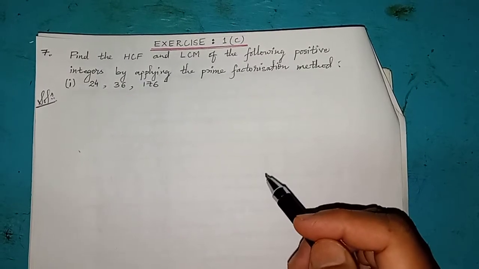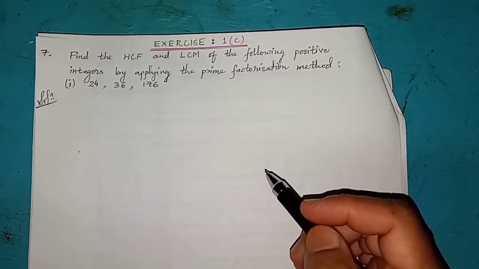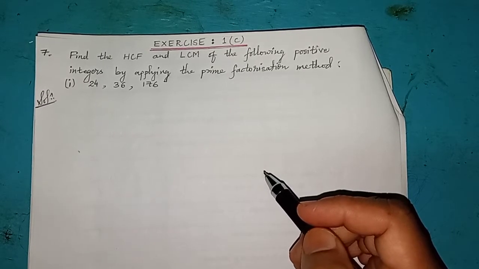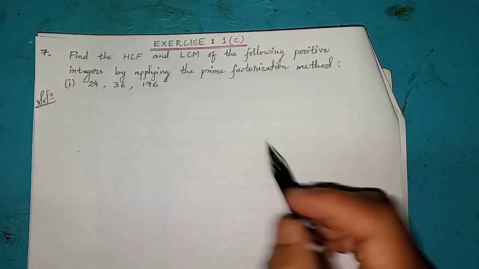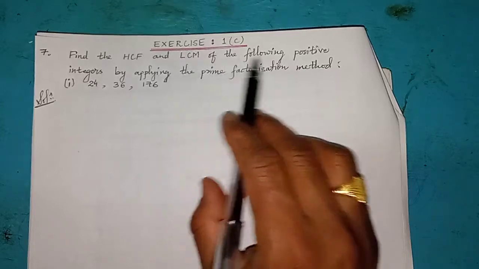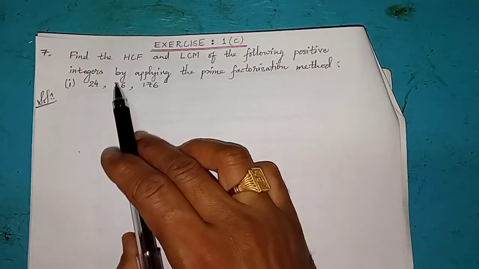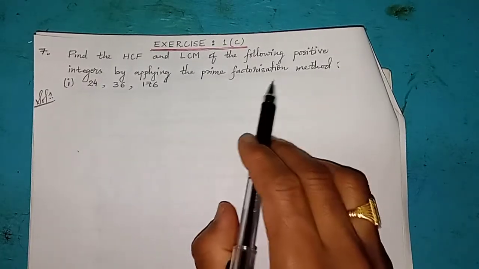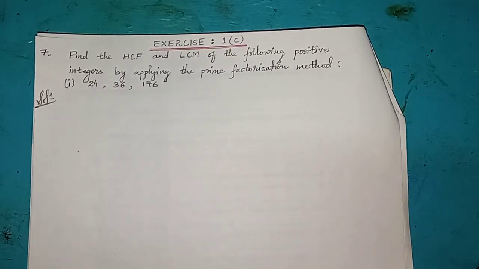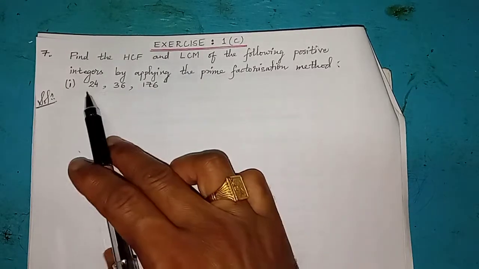So students, in this video I'm going to explain exercise 1C question number 7. The question here is: find the HCF and LCM of the following positive integers by applying the prime factorization method. That means you have to apply the prime factorization method and find the HCF and LCM of these given